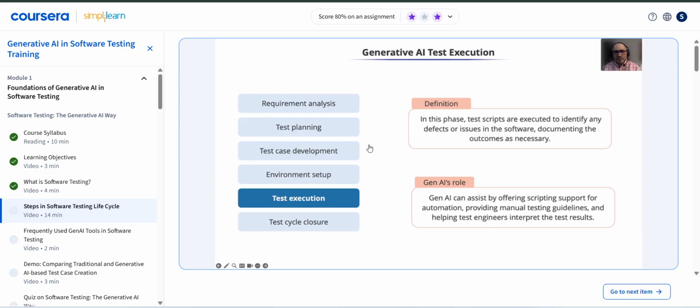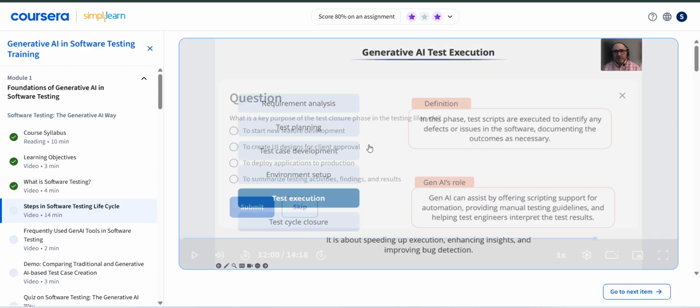It can highlight areas with the most failures, summarize the overall quality, and even predict potential problem areas. So in test execution, Generative AI is like your superpower testing assistant, helping with automation, guiding manual testing, and making sense of the vast amount of test data. It's all about making the execution phase faster, more insightful, and ultimately more effective at finding